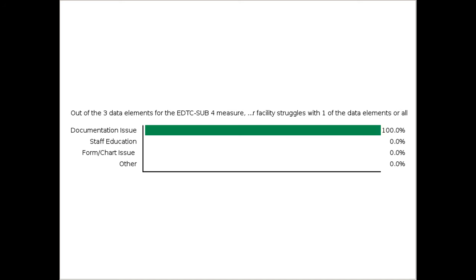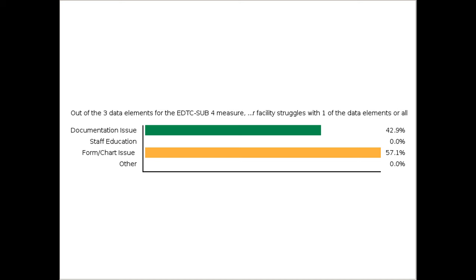whether your facility struggles with one or all of the data elements, so earlier we found out that it's medication history. Out of the medication history, let's say, what do you think the primary issue is as to why you missed medication history? Or what is the primary reason that you feel you missed allergies and reactions? Is it a documentation issue? Is it a staff education issue? Is it that you don't have all the information you think you need on your form or in the chart to be able to document or prove that that information was collected? Or is it all other, like we didn't even reach on it today at all? I'm just curious if it's going to be a documentation issue, a staff education issue, a form issue,